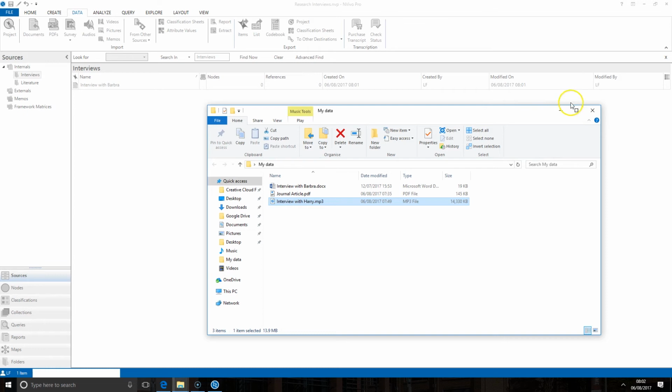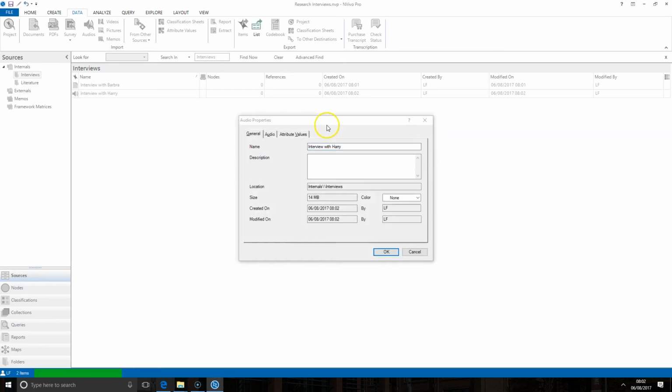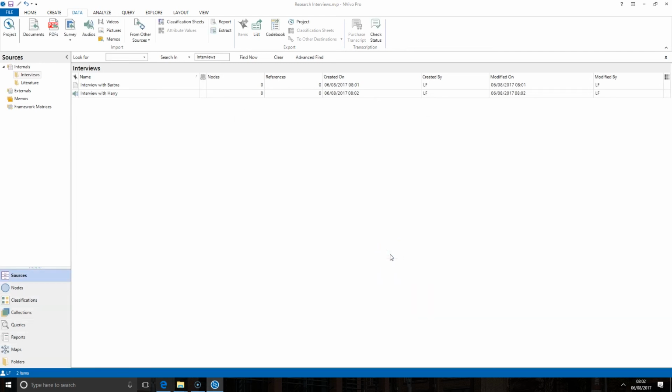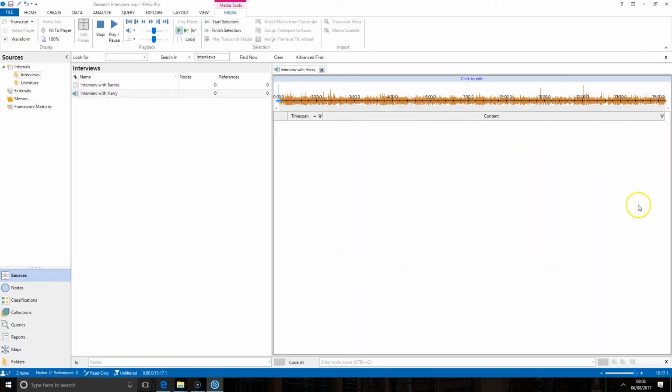If I minimize this folder and go back into NVivo, you'll see it's an MP3 file that I'm bringing in this time, so it's loading a little bit longer. As soon as it's ready, exact same kind of dialog, and I'm just going to click OK on that. You'll notice when you open up an audio file, the same as before, it's going to open up in detailed view for me, but any form of media has this